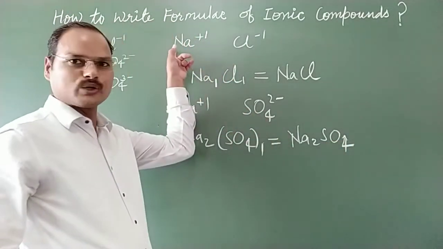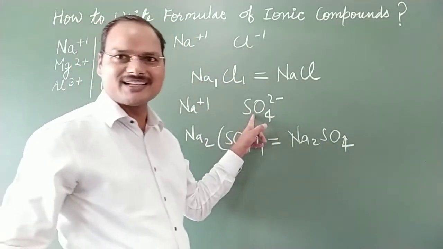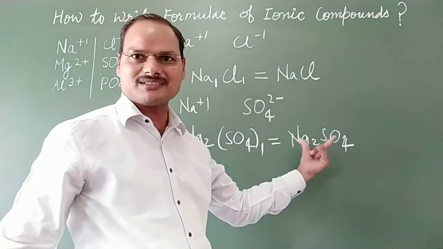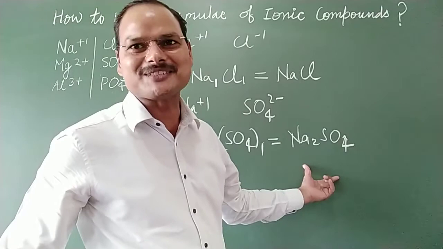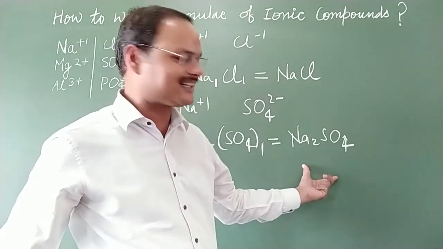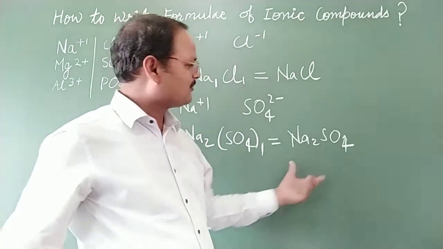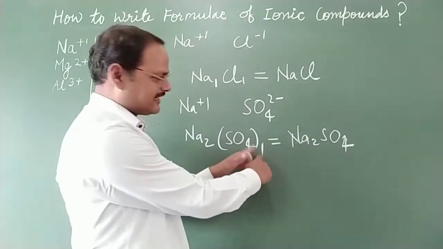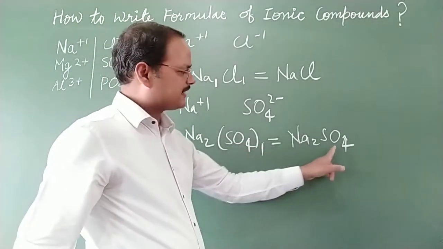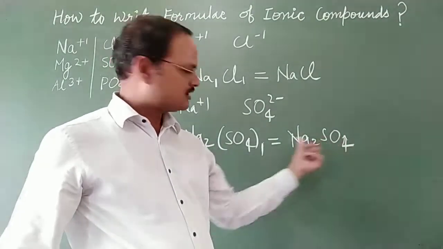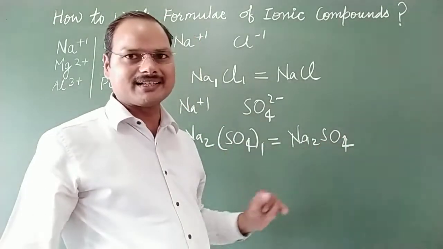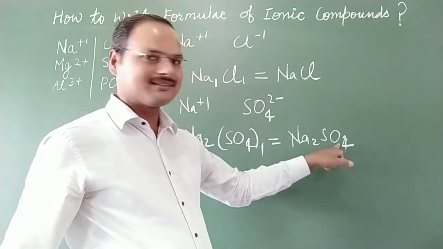The name of this ion is sodium, the name of this ion is sulfate. Therefore, join these two names, sodium and sulfate. The name of this Na2SO4 will be sodium sulfate. I hope you are getting this concept. Now, if 1 is there, it should be ignored, and if there is no value, that's why we should also avoid such brackets. It means without brackets we can write this sulfate.